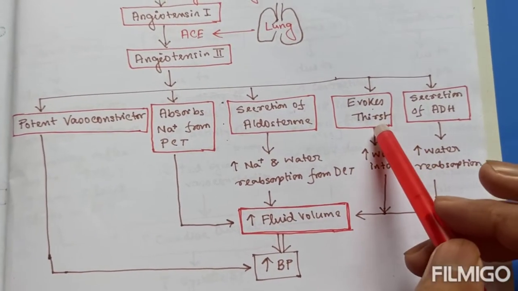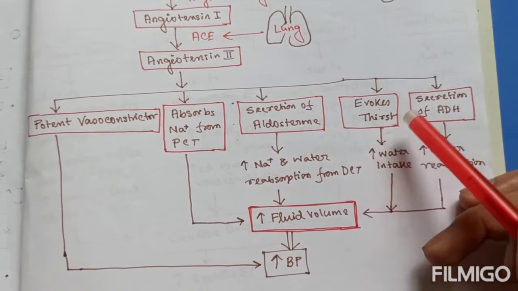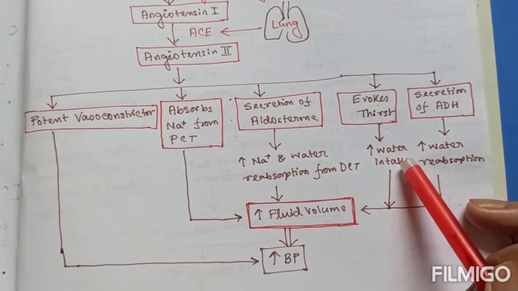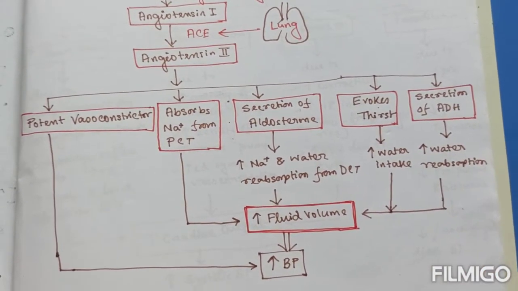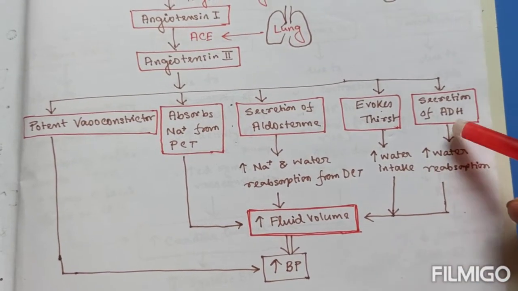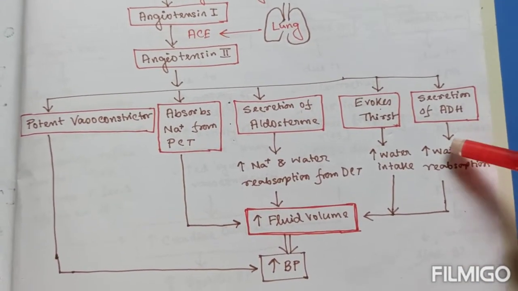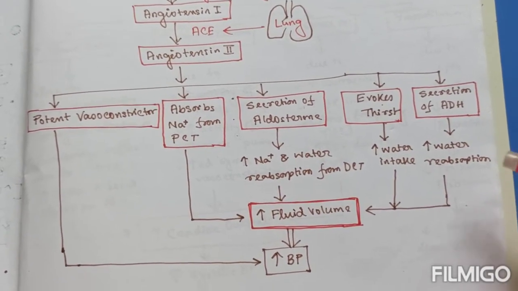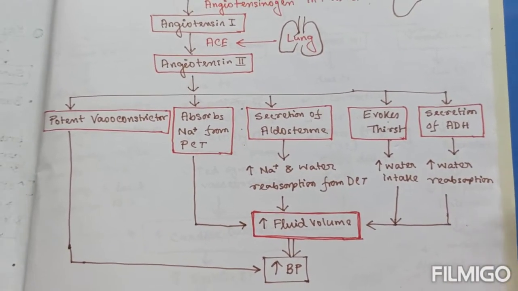It affects the thirst center in the hypothalamus, thereby evokes thirst, and this thirst will cause increased water intake, thereby increased water volume and increased BP. And it will help in the secretion of ADH, which also helps in water reabsorption, and thereby BP will be